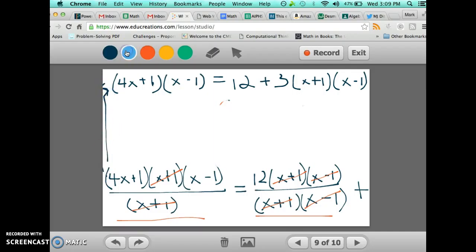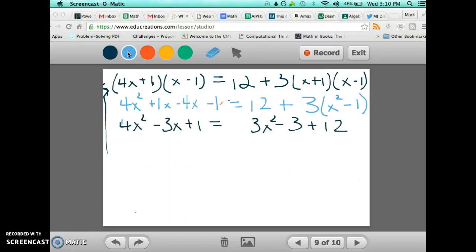And then we go FOIL on the left, and we get that stuff over there. FOIL on this side, and the middle terms cancel out, and we just get this. And keep going, we get that, and then we subtract the 3x squared, and combine. Well, actually, before we do that,